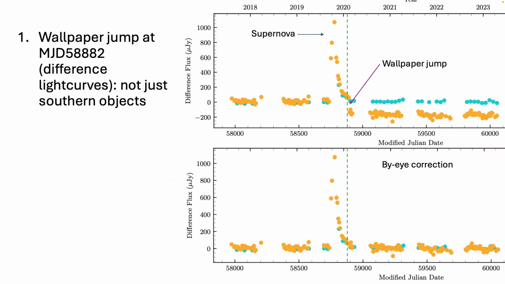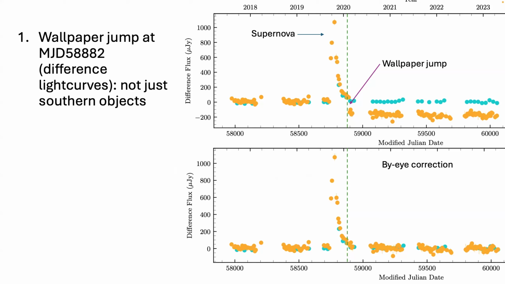So now I'm just going to talk about a few things that our group has noticed and you should also look out for if you are using Atlas data. So first of all, the wallpaper, which is the reference image that's subtracted from the input images to get a difference image. So Atlas has changed their wallpaper, and one of the major changes is at MJD